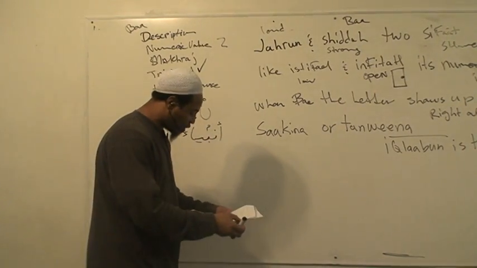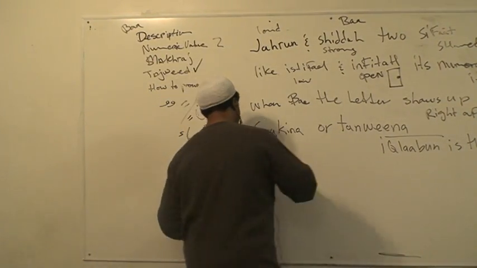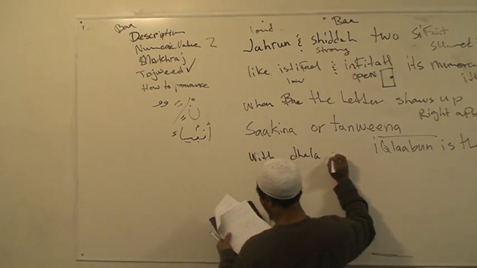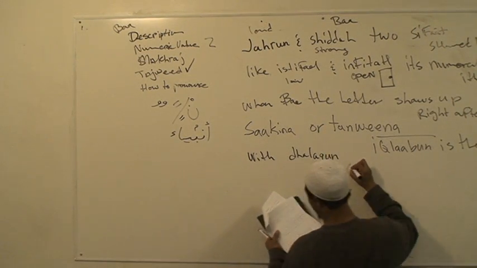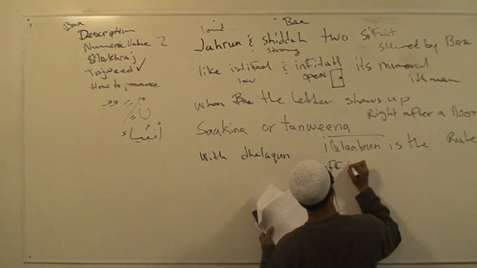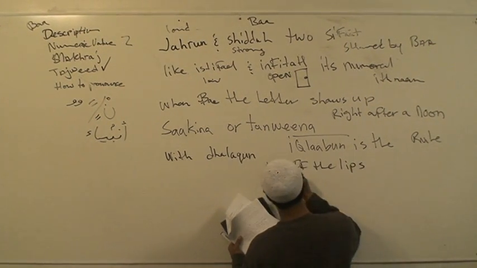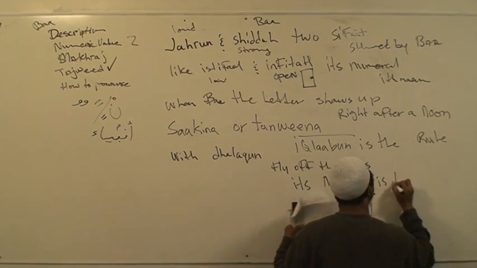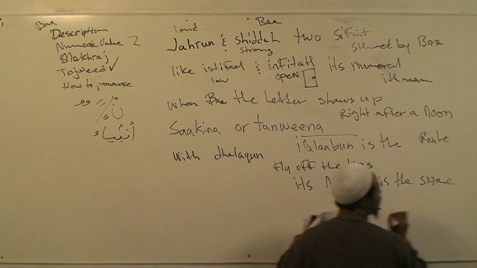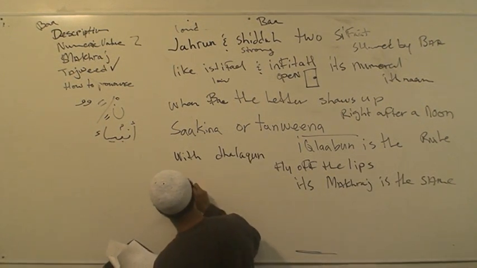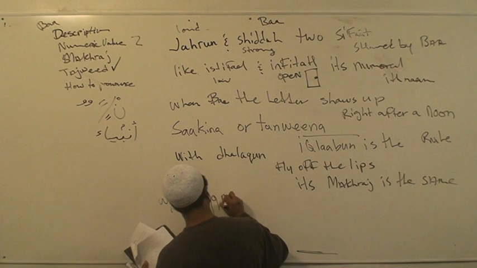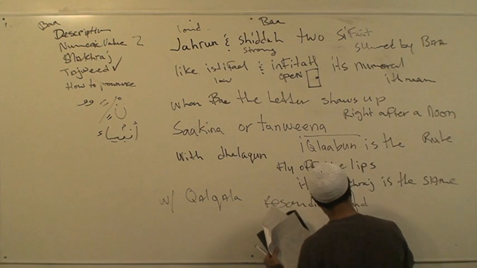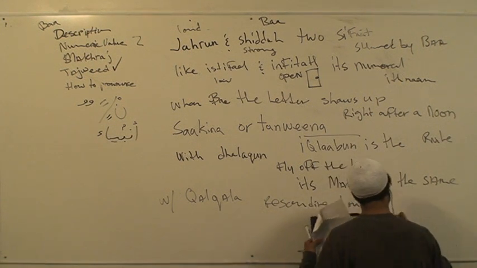Then it goes to the last line, and then we're going to call the adhan for the salah. It says, with dhalakun, fly off the lips. Its makhraj is the same. With qalqala, resounding loud. The ba blurts out